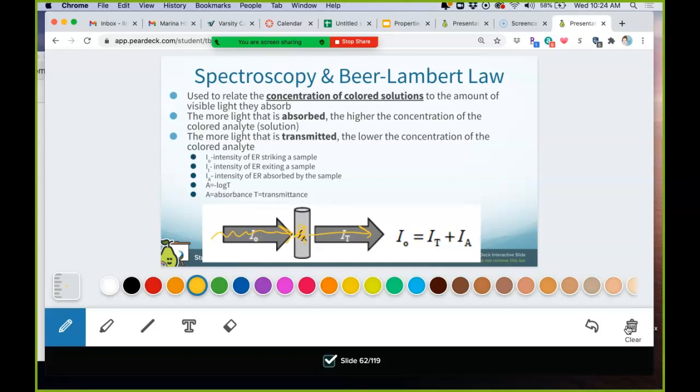Now, this only works for colored solutions, because if the solution is colorless, any color light will pass through. I don't care what color you shoot at it. Colorless solutions don't absorb any colors of light. That's why they're colorless, okay? They also don't reflect, but that's a whole other thing. So anyways,